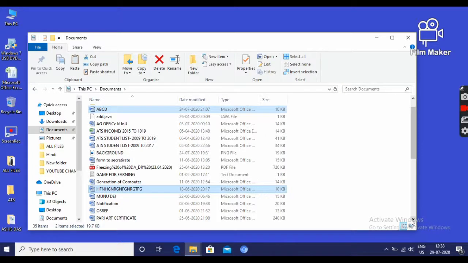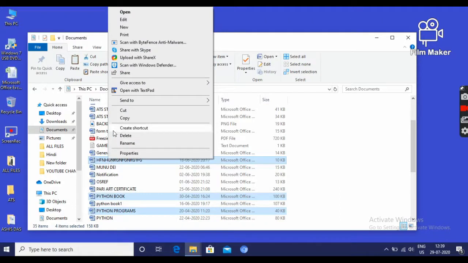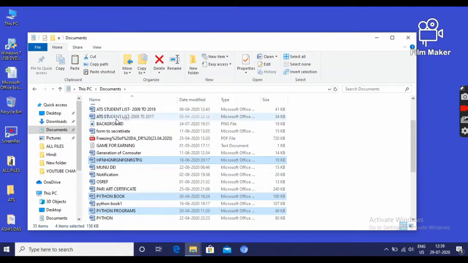Click multiple files and hold the control key. Then right click on any selected area. Then click on open option.